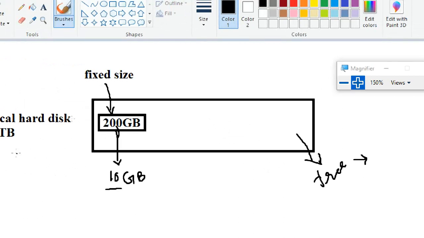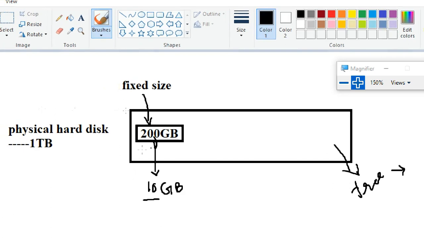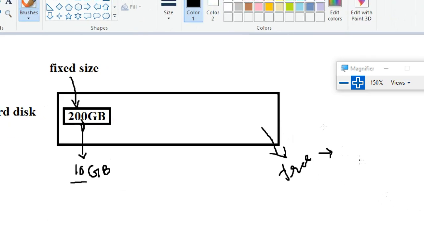Guys, understand? This is my physical disk. I created a fixed disk of 200 GB. I put 10 GB of data in the 200 GB hard disk, just like you copy data. Like that, how much free disk space remains? How much disk space is available?